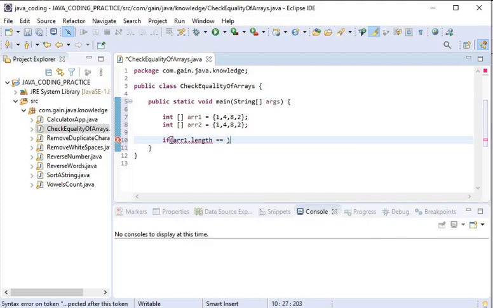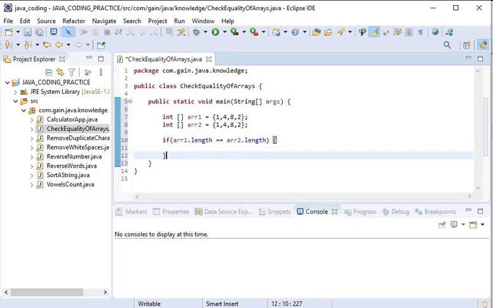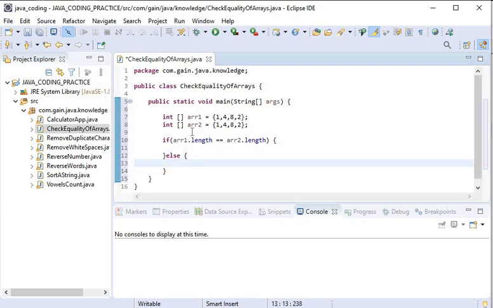If array1.length is equal to array2.length, else the result will be false. Here I need to define one boolean variable, isEqual.